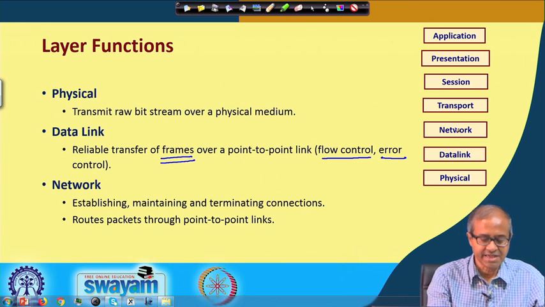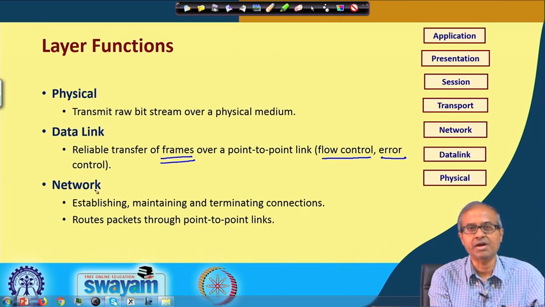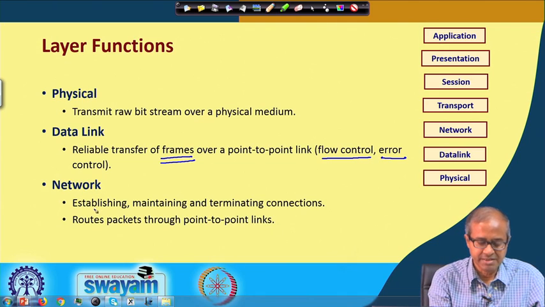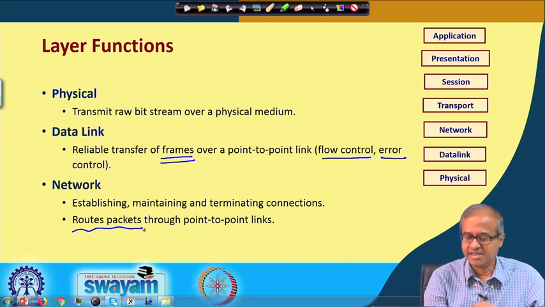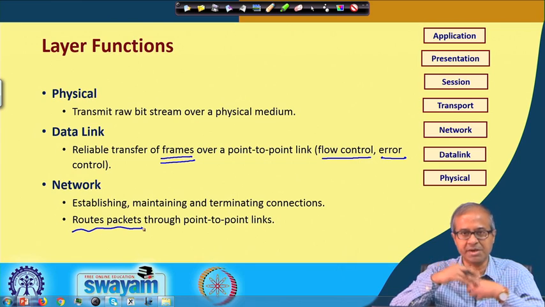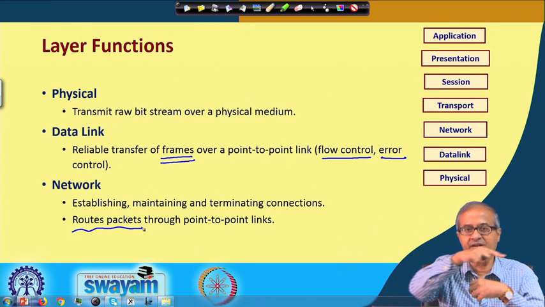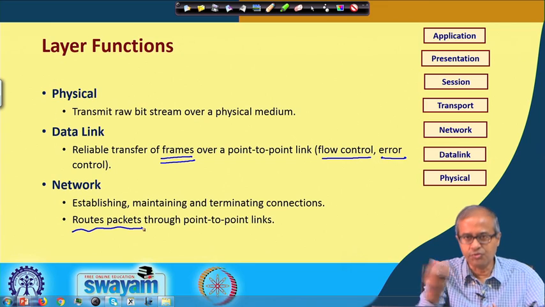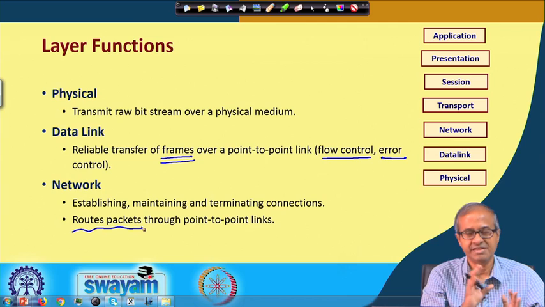Now, in the next higher layer, which is the network layer, the packet routing or the transmission of the packets is the main concern: establishing, maintaining, terminating connections and routing packets. There may be several point to point links, but I want to transmit a packet from, let us say, myself to your computer, but there can be 100 intermediate computers. So, all the network layers in these 100 computers must be responsible to forward the packet in the right direction, so that ultimately it can reach you. That is the responsibility of the